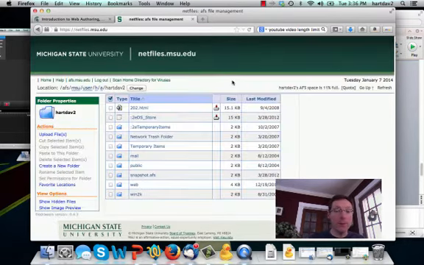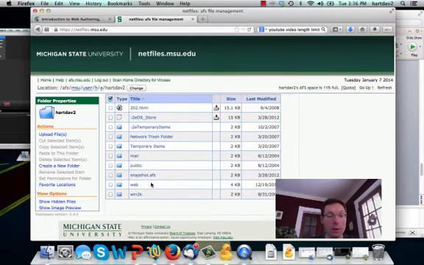If I go to NetFiles, I see a representation of all the things that are stored in my AFS space. Many of these are things that are there by default, and so you won't be changing them at all, but you'll be looking for that place that I talked about before. So you can tell that we have a web directory, a web folder. Remember, I mentioned that that's the place where all your web information is going to be stored. So let's click on that,